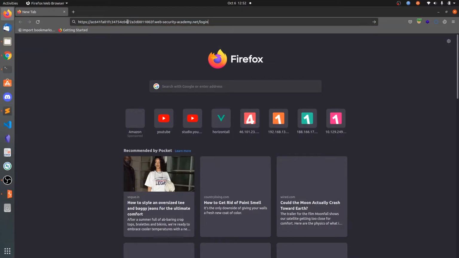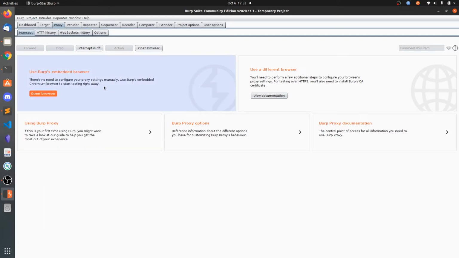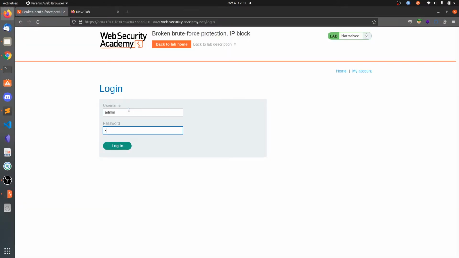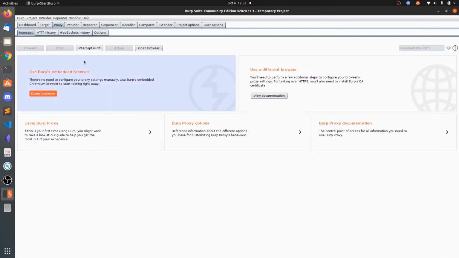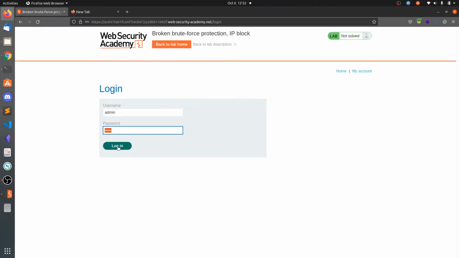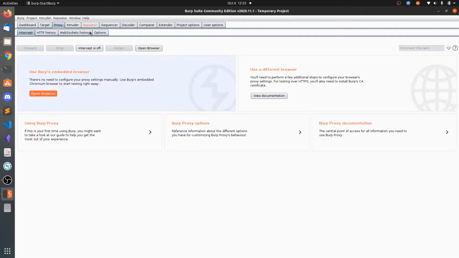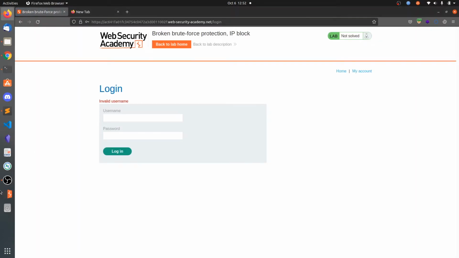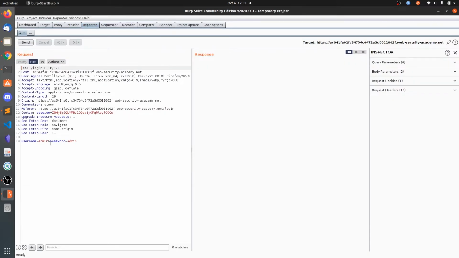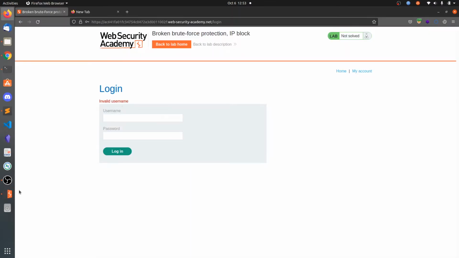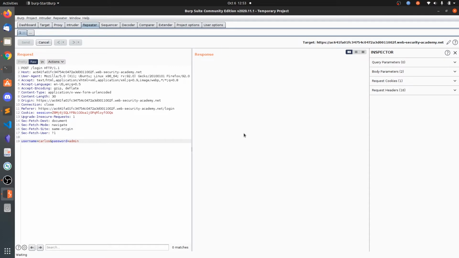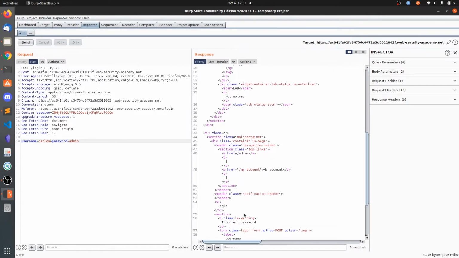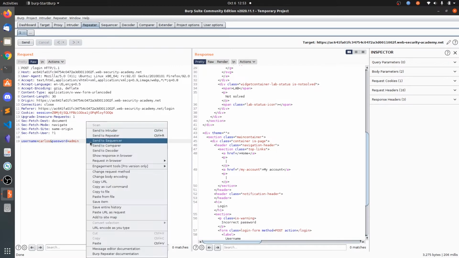Let's copy this. So this is admin and admin. Let's try this. Click on login. Now send this to repeater, and it says invalid username. So okay, what we can do is simply say Carlos because they have already given the username. You can also brute force this username because it's saying invalid username. Carlos, let's send this, and here you can see incorrect password. So let's send this to intruder